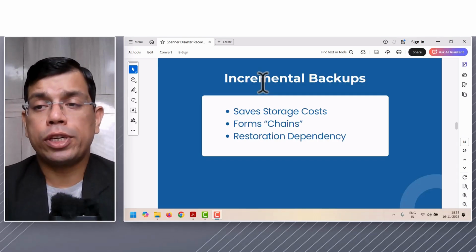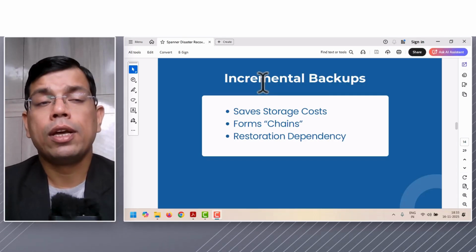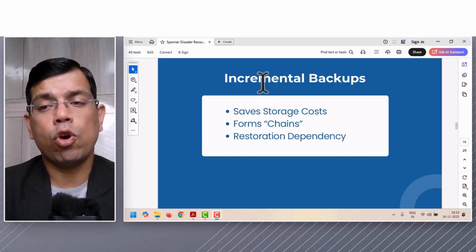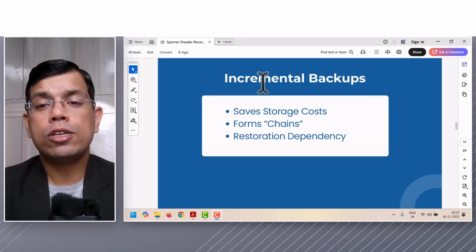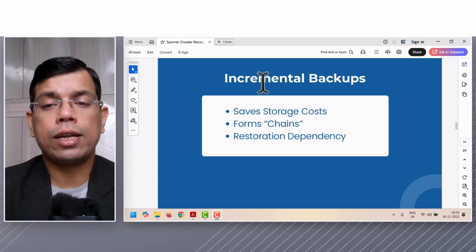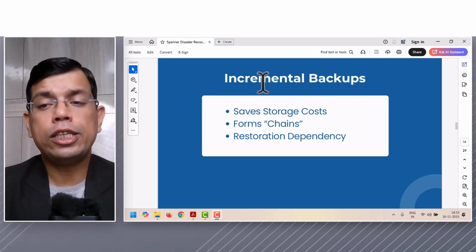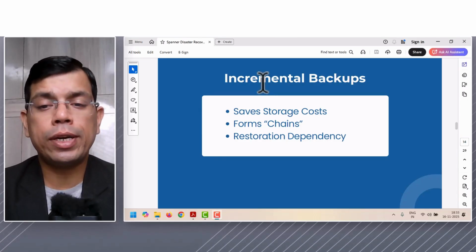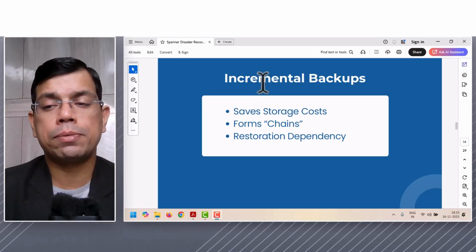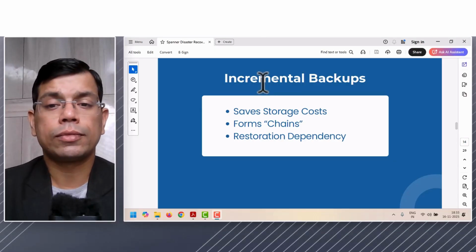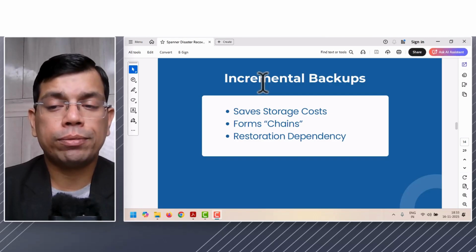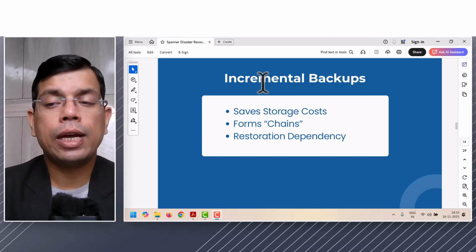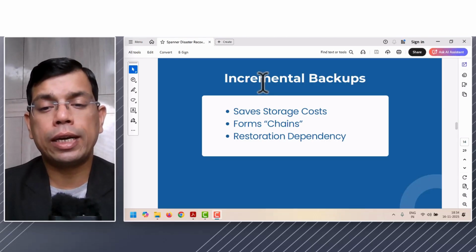Incremental backups form chains between full backups. The first backup in a new chain is always a full backup. Consecutive backups in the chain are incremental backups. Each one contains only the data that has changed since the immediately preceding backup in that specific chain. You can think of it like a train. The full backup is the engine and each incremental backup is a new car added to the train,